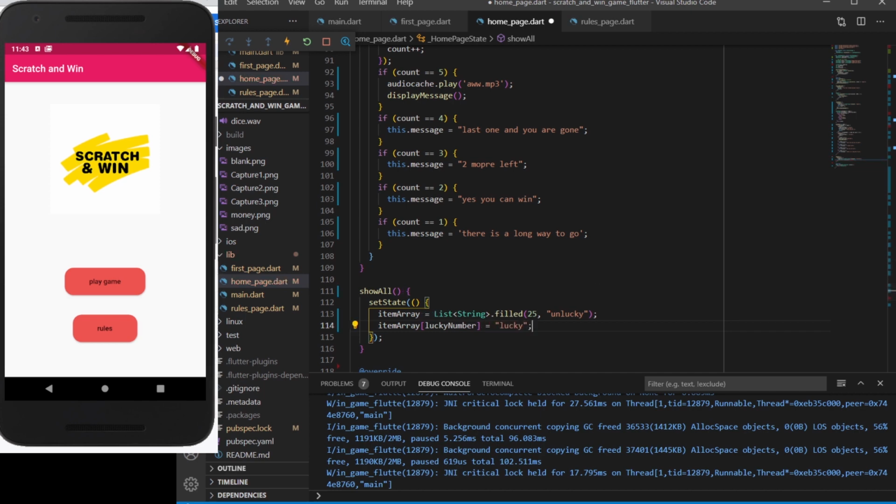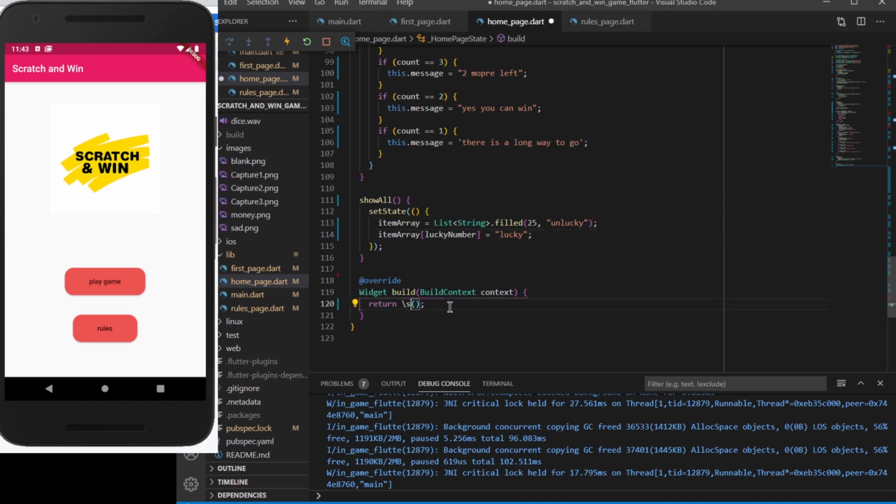Now we'll be working on the body part of our application. So for the body part, the first thing we'll be doing is replacing this container with a scaffold, and inside this we can have an app bar. The app bar will have a title of text saying "Scratch and Win." So we need to pass it inside the quotes. It is showing us an error at this place,